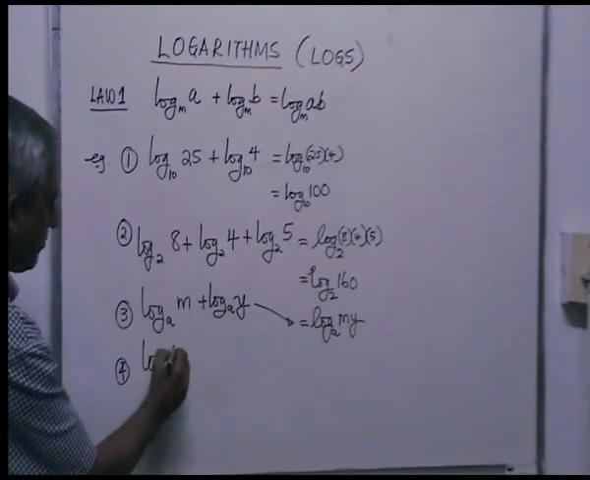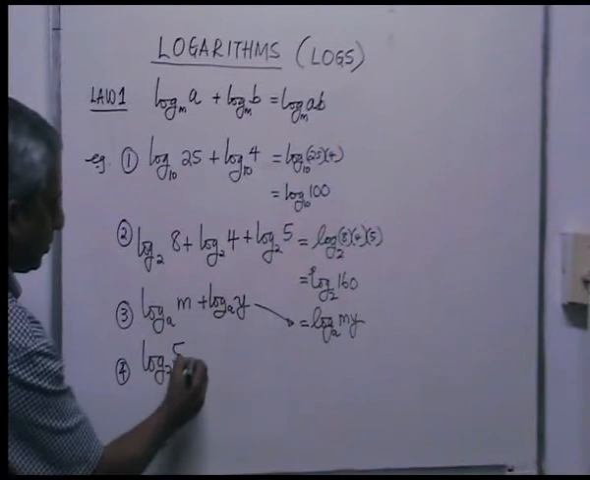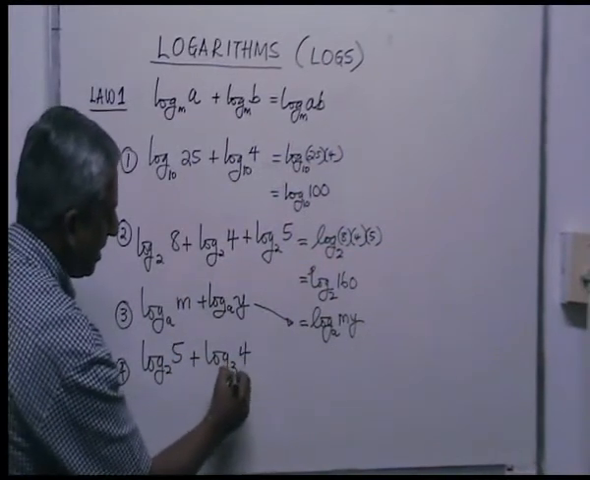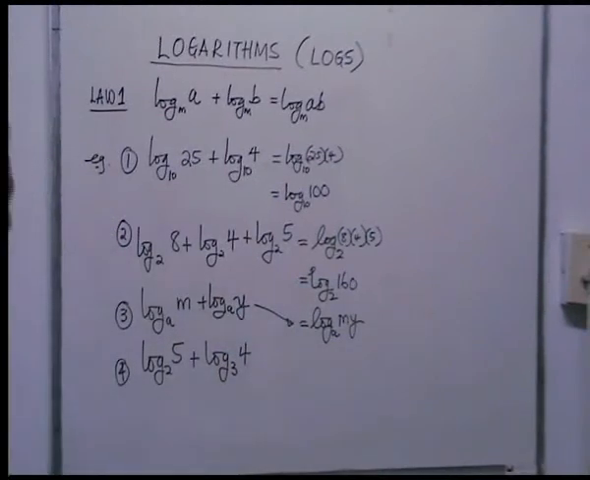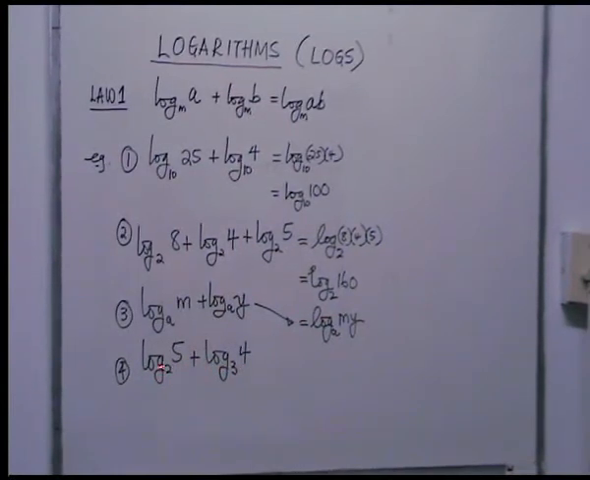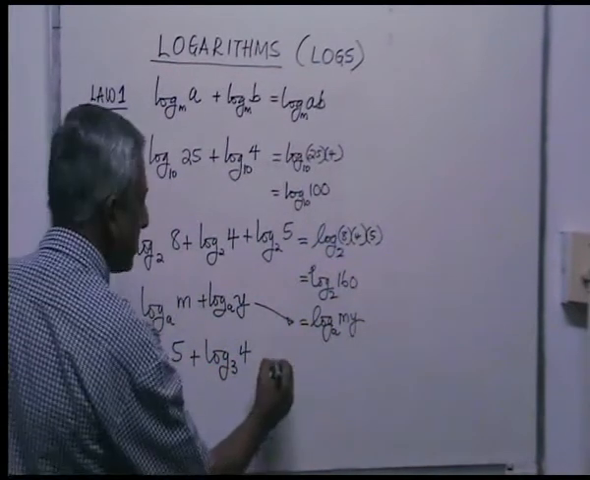Suppose you have log of 5 to the base 2 plus log of 4 to the base 3. Well, in this case, the bases are not the same. The bases are different. The law cannot be used, and that will just remain the same. You can't do anything about this for the moment. So this will just remain the same. Only thing I'm going to write here is that the law